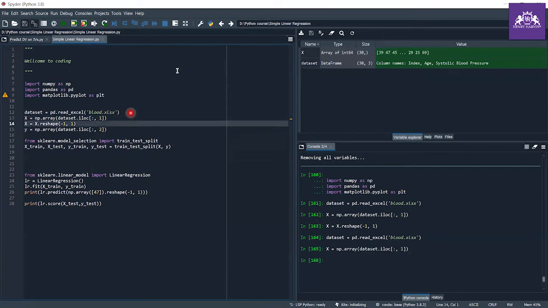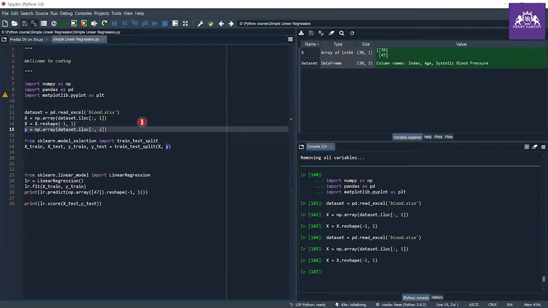When I do this, I get a vector, but I don't want the vector, I want a matrix. When we give the input data to our model, we have to provide our data in the format of matrices. That's why I reshape my data by doing -1 and 1, and this converts the vector into matrix form, with only one single column.